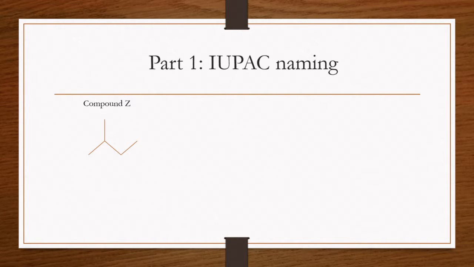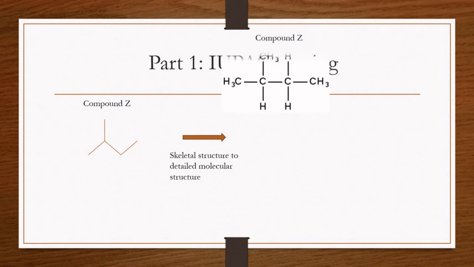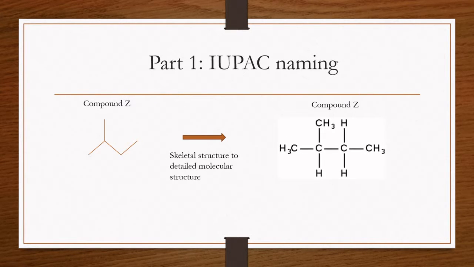These are quick to draw and nice to look at, however they require some assumptions to be made, which can cause mistakes when naming the molecule. For this reason, I'll be redrawing compound Z in a more detailed way. This allows us to see all the atoms involved as well as functional groups and bonds, making the naming process